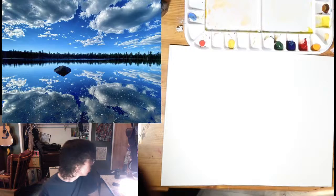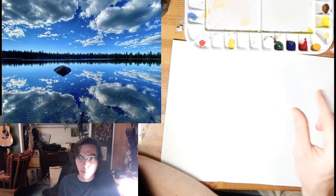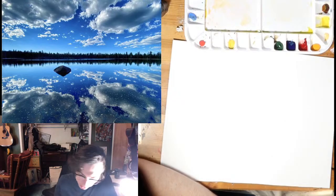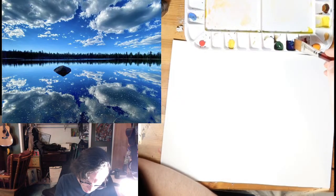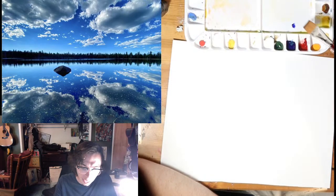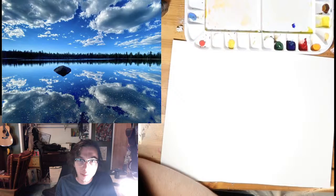I buy them in the tube, and then I squirt the tube, and they sort of dry up. These ones are made with honey, so they don't dry up very easily. I might have poured this three weeks ago, but that's kind of cool. So one thing with watercolor I want to do is